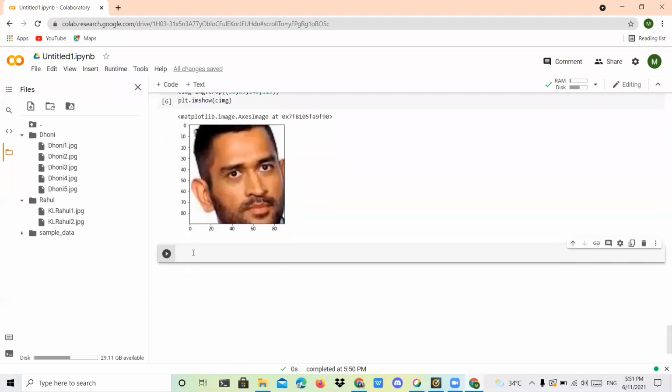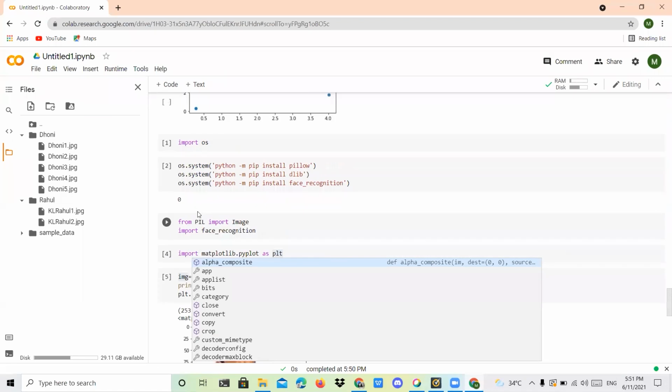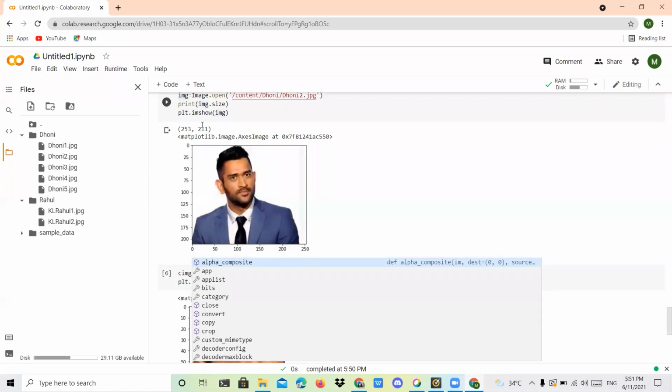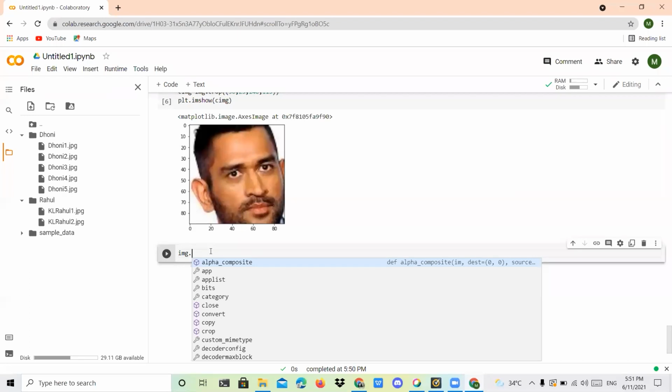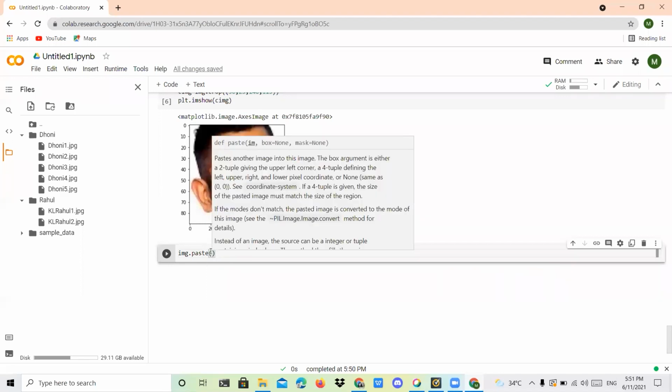Now I'm going to use paste. Your original image is already loaded in this place, so you can give image followed by paste. Within that, I have to mention two things. One is the image you want to paste into your original.